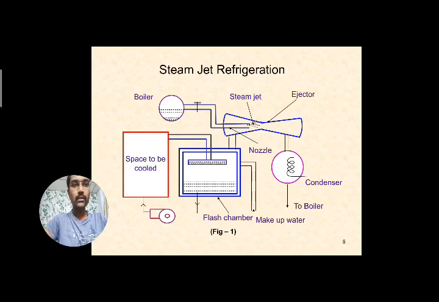steam along with that is condensed back to the liquid again, condensed back to the water. Whatever steam is there is condensed back to water with the help of a condenser. The pipeline is connected to the condenser, so condensation will take place here, and water is collected in the condenser and sent to the boiler.